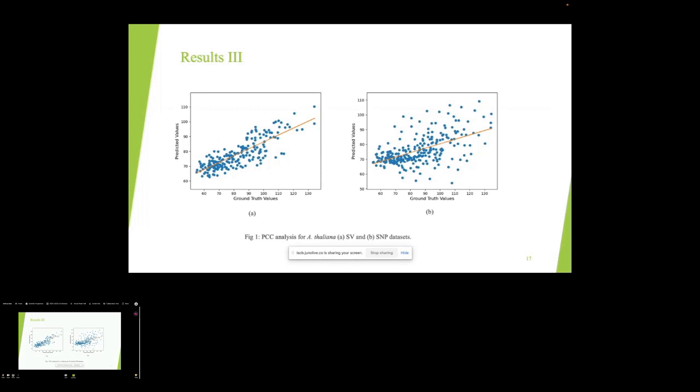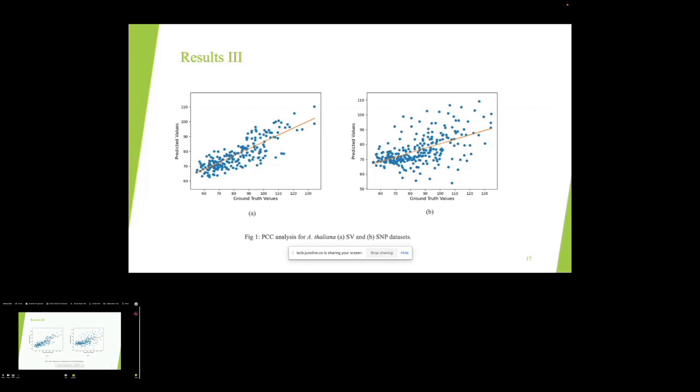So here, the predicted values and true values of phenotypes calculated from the proposed model were plotted on the testing sets of structure variant and SNP data for the Arabidopsis. And the orange line in these figures represents the trend of the relationship between the observed and the predicted phenotypes in blue points. Points close to the fitting line show positive correlation, and far from the fitting line show negative